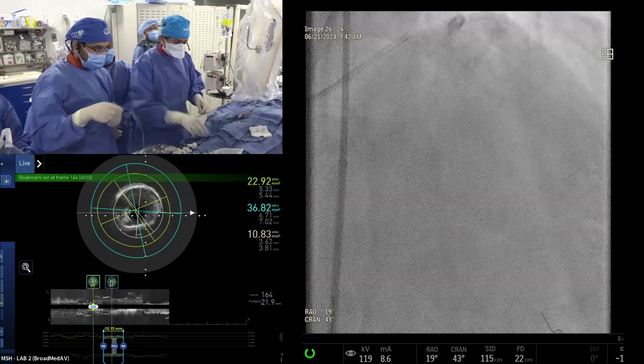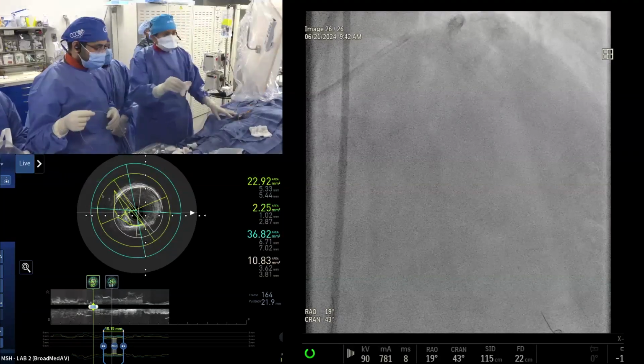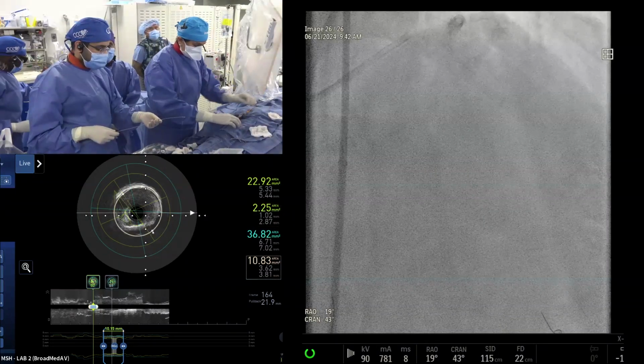So we'll do the imaging. You want to finish the imaging of the diagonal also now or later? I don't think you need to image. Okay, that's fine. Good. So as I said, we did the RotaCut trial in which